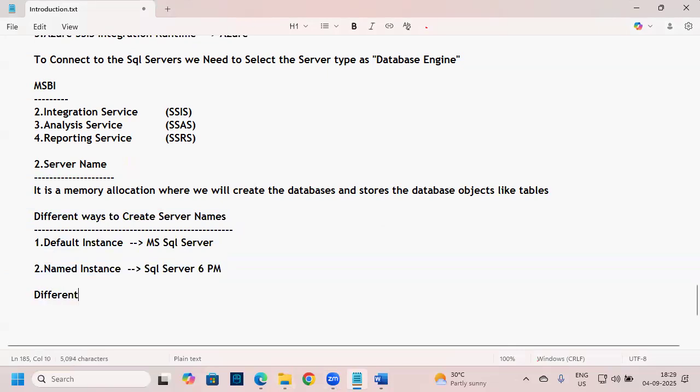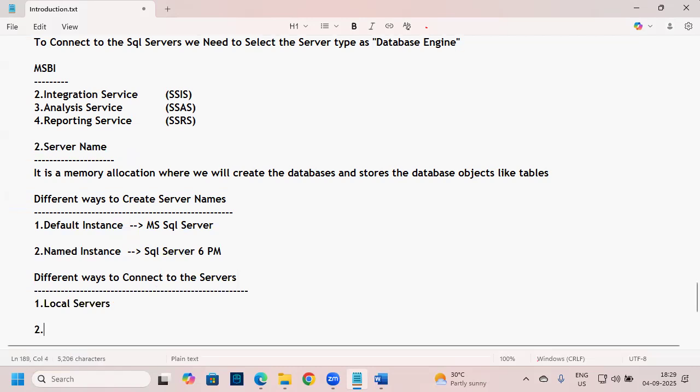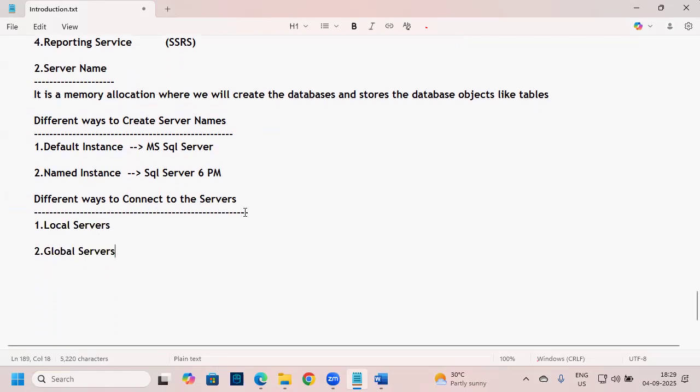Let me keep that point here. Different ways to connect to the servers. Now, what are the different ways we have to connect to servers? There are two ways. One we'll call local servers. Second one we'll call global servers. Now, what is meant by local and what is meant by global servers? Let me explain, guys. Local servers is nothing but